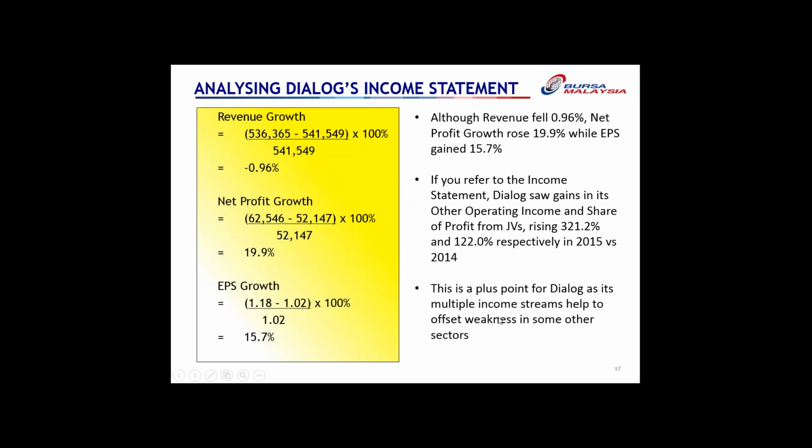So from here, we can see that this is a plus point for Dialog, as it has multiple income streams to help it offset weakness in some other sectors. When a company has multiple income streams, it actually helps in an environment that is very challenging, such as Dialog being in the oil industry, which saw oil price dropping to almost US$30 per barrel. In such an instance, having multiple income streams does help. Especially in Dialog's case, there are some joint ventures which are overseas and calculated in US dollars. So because the ringgit has depreciated,